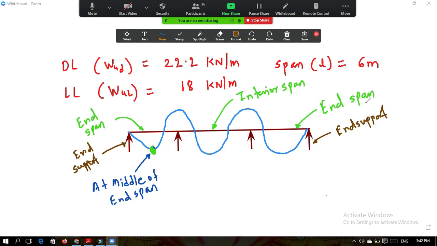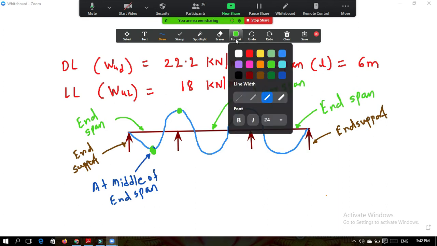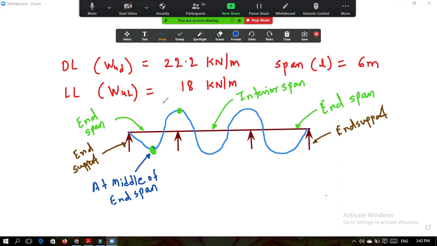Okay, so now if we see at support next to end support, the support next to end support means what? This point. This is your end support. This point, okay, at support next to end support, this is the point. So this is called as at support next to end support. This is your